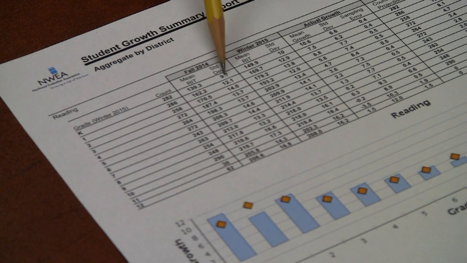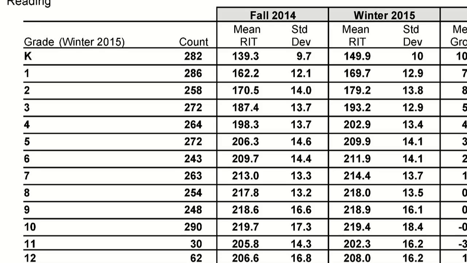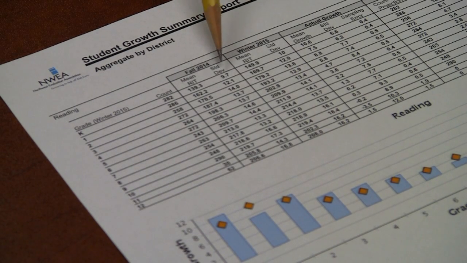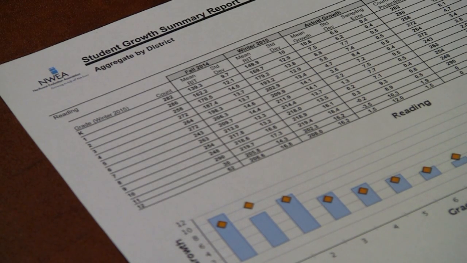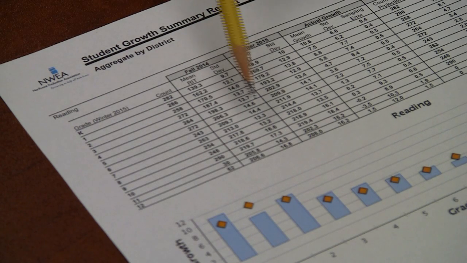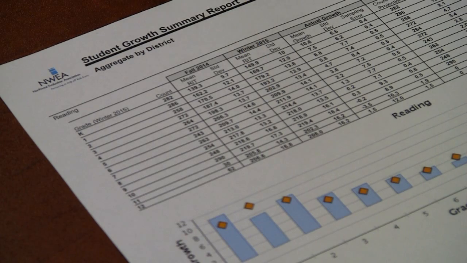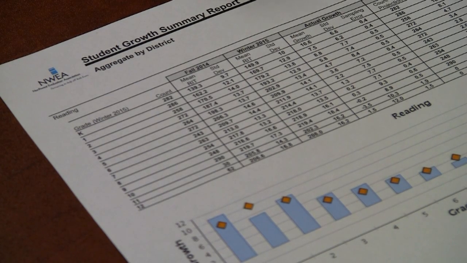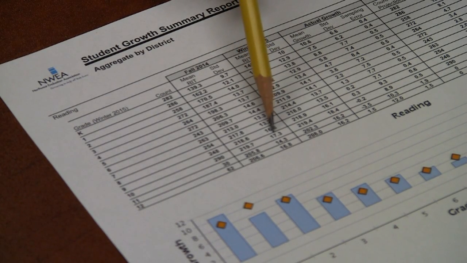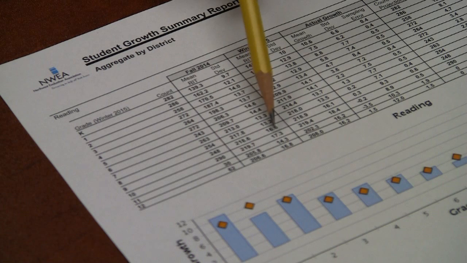The standard deviation is kind of an important piece of information. The standard deviation is just an index of variability within the group. So how much variation was there in the performance of our kindergartners? If it's 9.7, that's a whole lot more consistent in terms of their reading performance than if you look down here at 10th grade, we had 17.3 for our standard deviation. That shows that there's lots and lots of variability within that group, and what that means in a practical sense is we probably need to look at a lot more differentiation when we have a 17.3 standard deviation than we